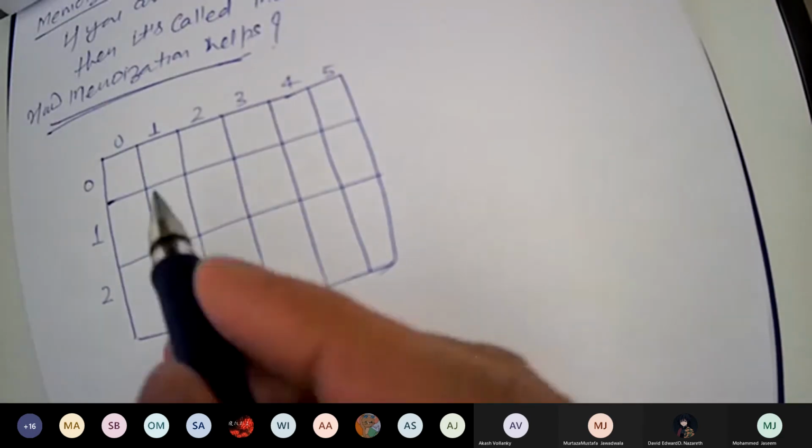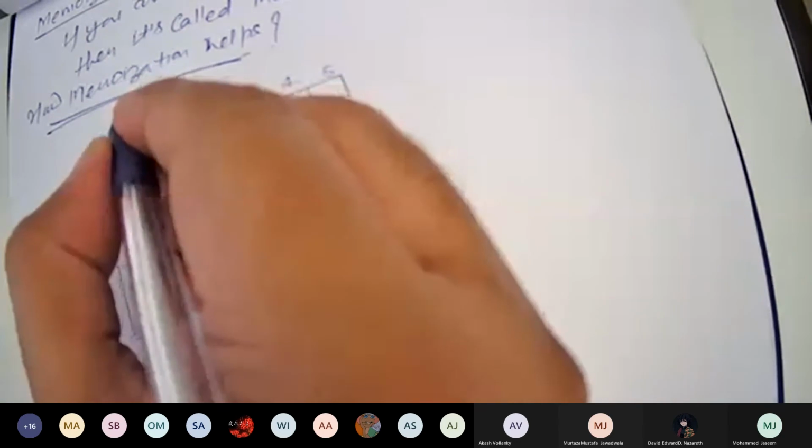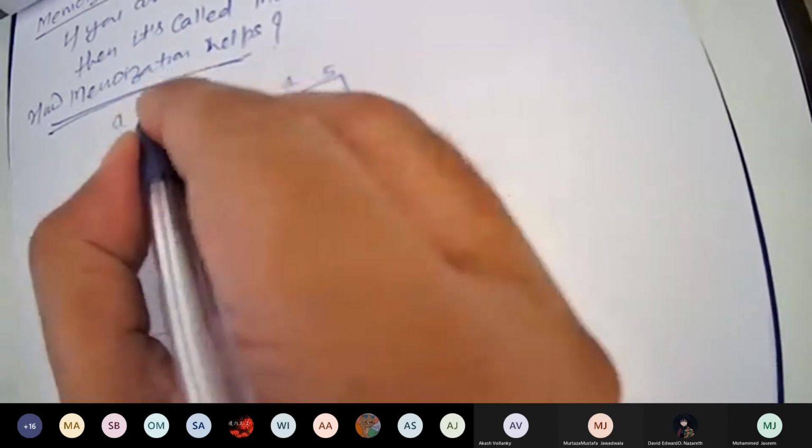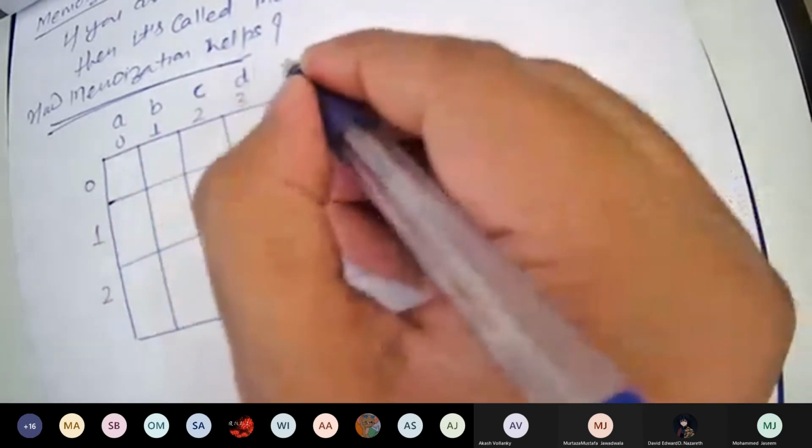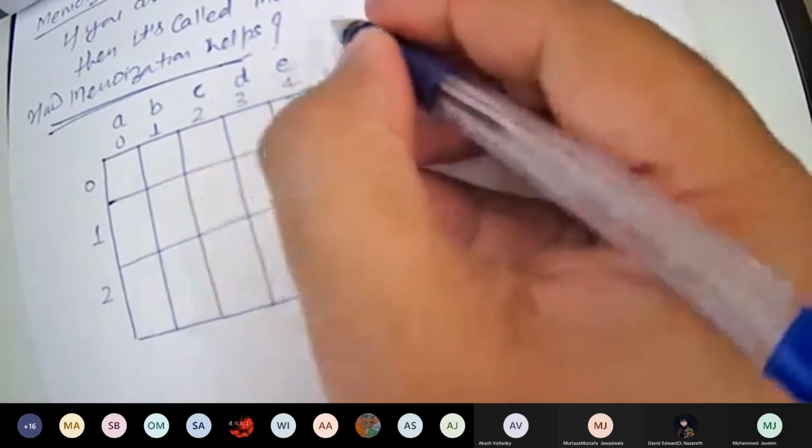Let's write the equivalent values. So this was A, this is B, this is C, this is D, this is E.